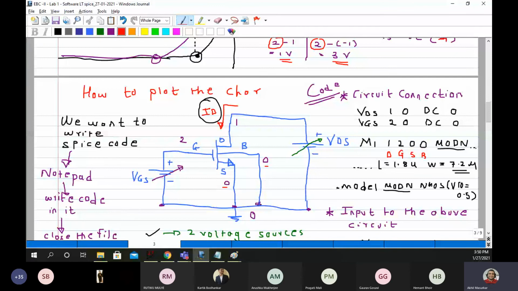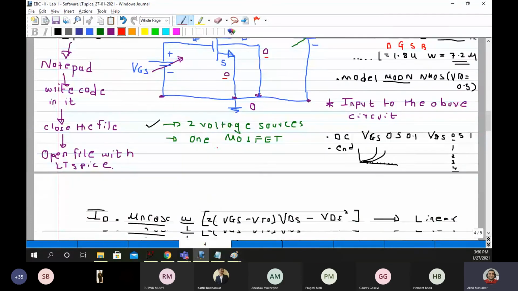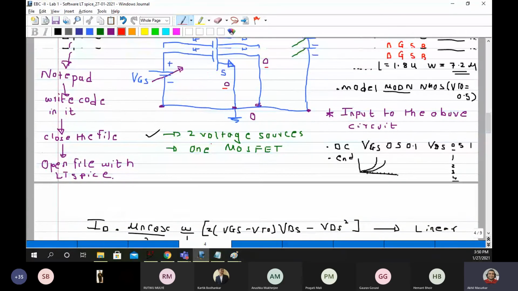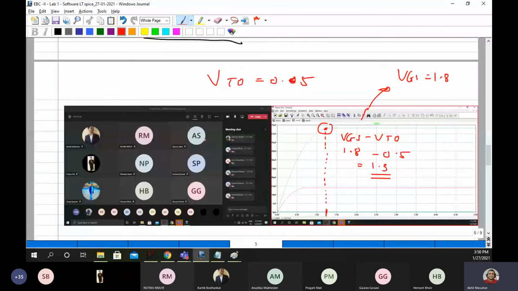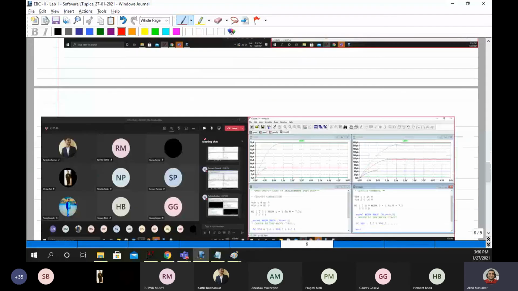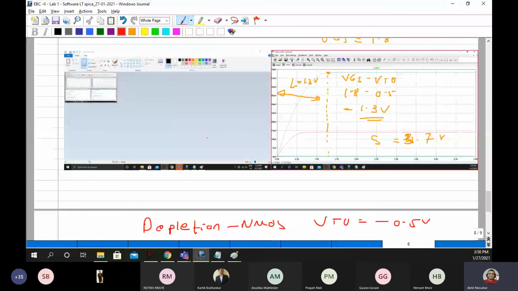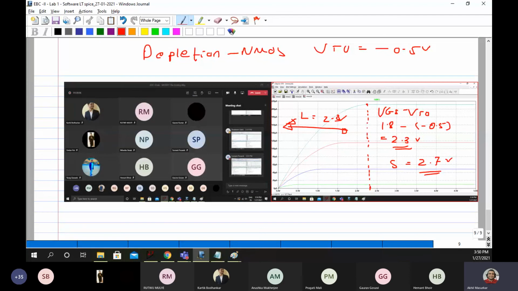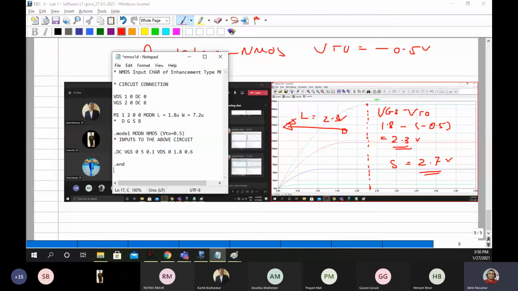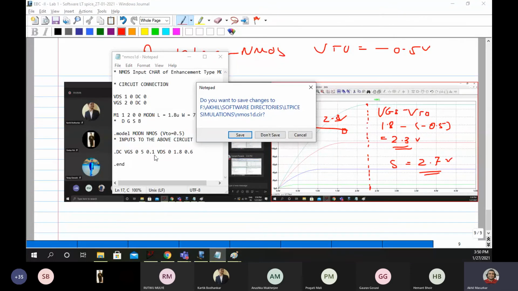You can just unmute and ask. So if you want to write any of the things before, we are just here. So you have to think now how to do it for a PMOS.